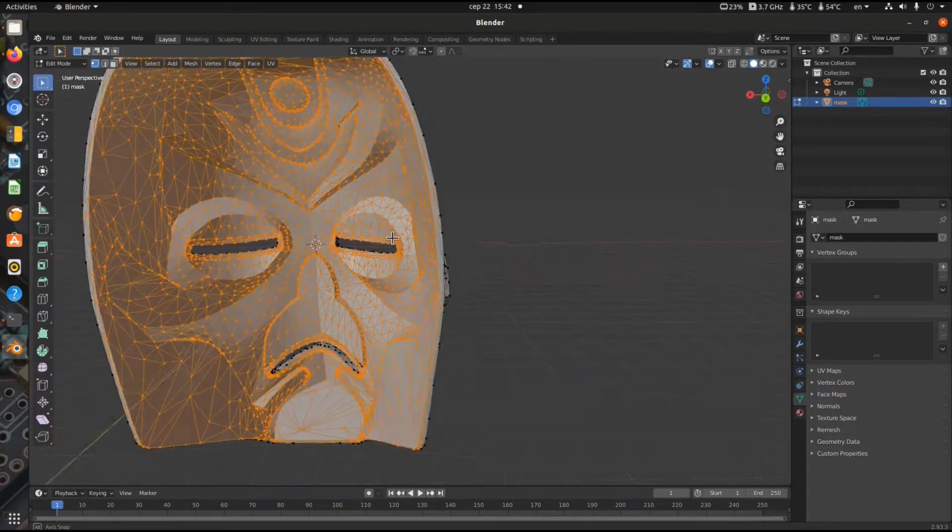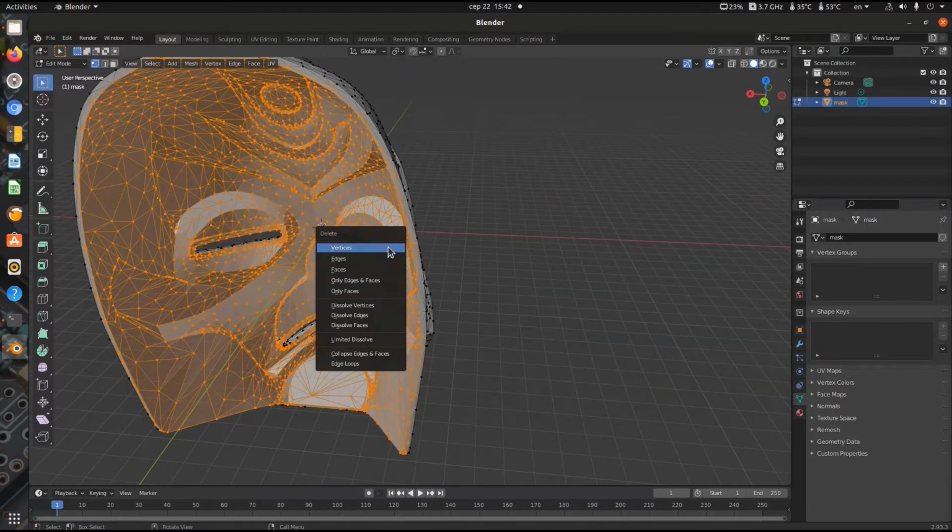Now I'm pressing the delete key and clicking vertices, and we end up with only the shell of the mask.